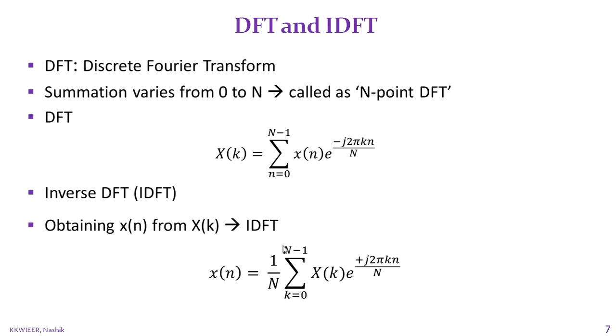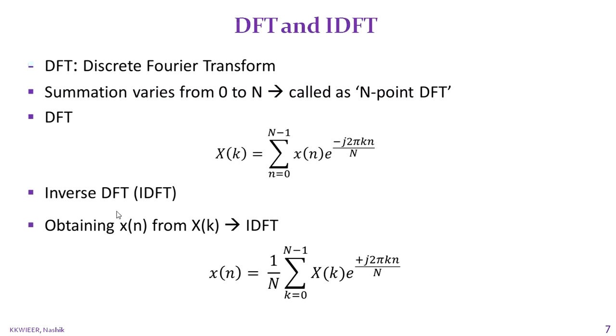So similar to DFT, we can write the expression for IDFT as well. As we have seen, this is the expression for your DFT, where X of k is continuous and x of n is discrete. So the inverse of that, you can write as IDFT. x of n can be given as 1 upon N, because you are going to consider it for N samples, summation X of k e to the power j 2 pi k n upon N.